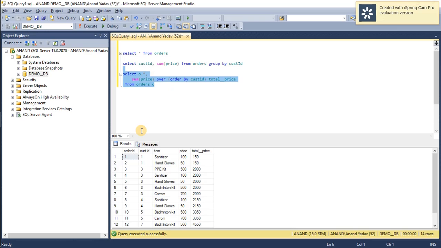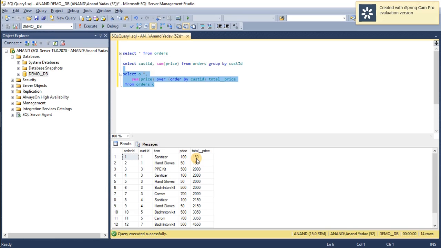So here you can see that it has done the computation and it returns a row-wise output. Earlier the aggregate function calculated computations grouped by the customer ID, and it returned the result as customer ID equal to 1 with a computation value of 150.